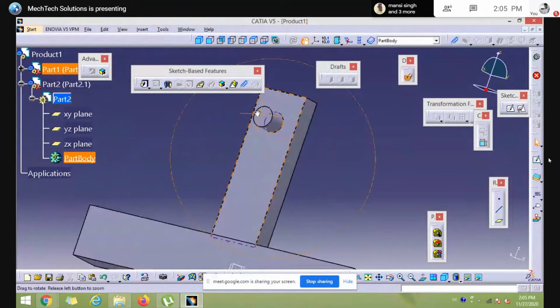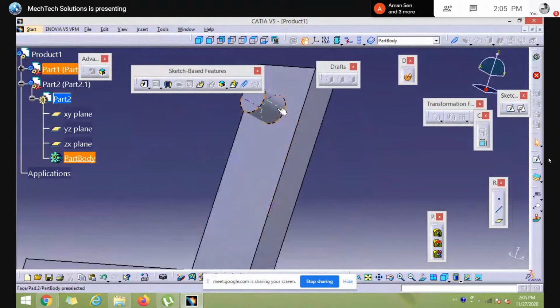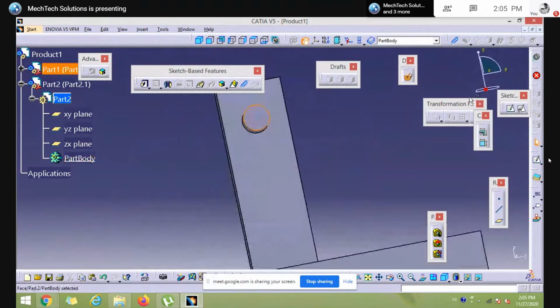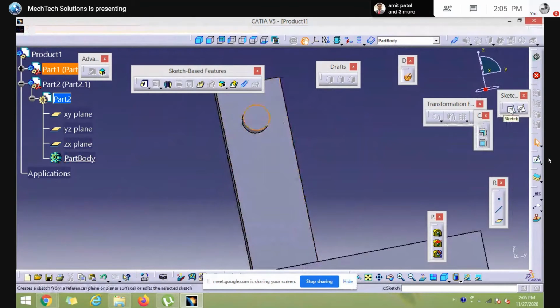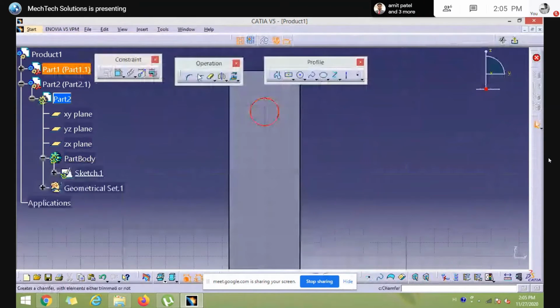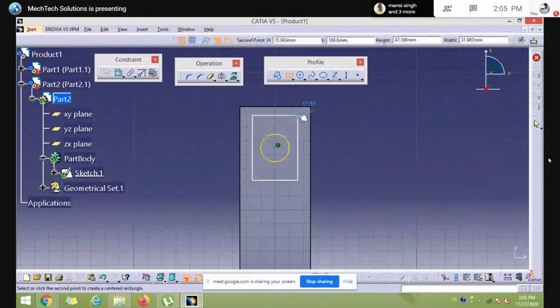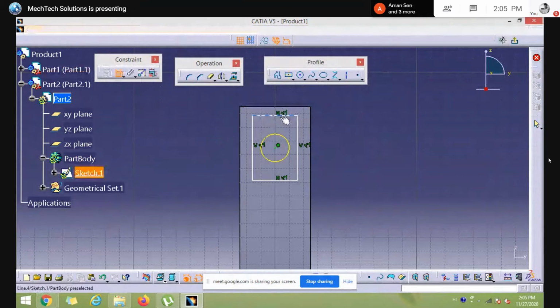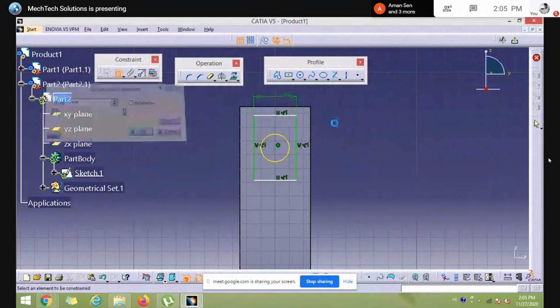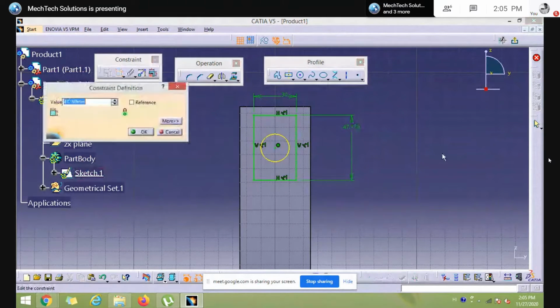So what do we need to define? We have defined a shaft. We need to define a wheel here to create the revolute joint. So for creating the second part, select this space and use project 3D element and use center rectangle. Define the dimension, how much? 30 and 50.